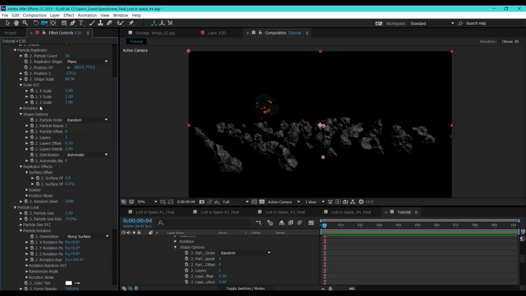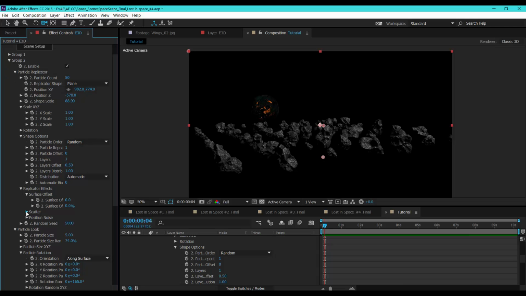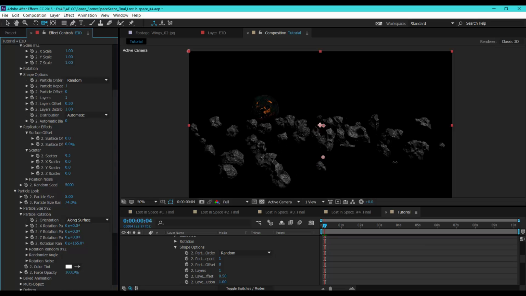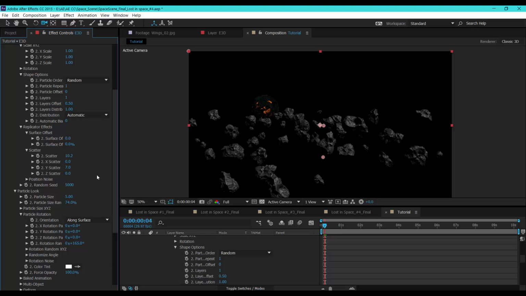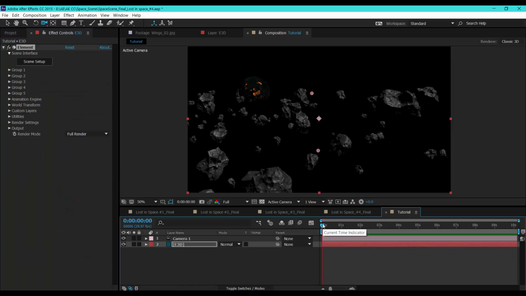So in the particle replicator, you will find the scatter section. You can scatter the pieces around, scatter in the Y position or in the X and Z. Alright guys, so it's looking pretty good, and let's create some more pieces.